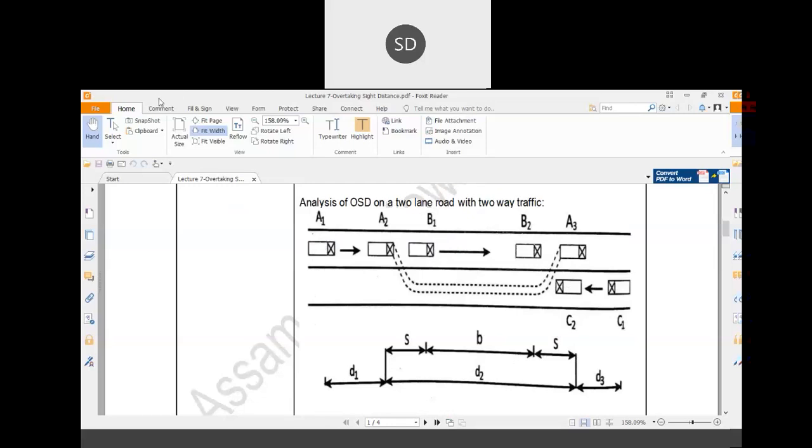Okay, so let us discuss this again. In that case, it will be much more clear to you. So your distance is basically from A1 to A2. So basically that